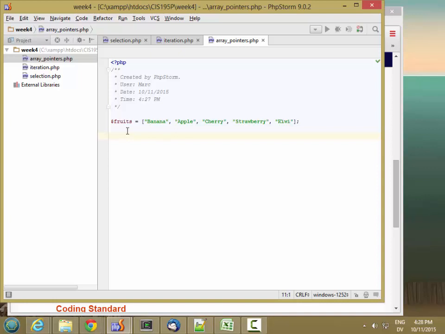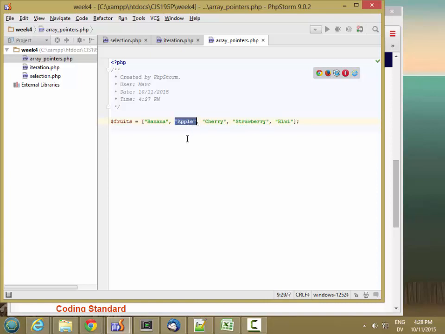Now, the key here is that this array object is more than just storage for some values. There are some properties on here as well, and one of the properties that it keeps track of is a current pointer. As soon as you create this array, the current pointer is set to the first object. And you can advance this pointer so that it's pointing towards the second one, the third one, fourth one, and so on. Or you can move the pointer backward,